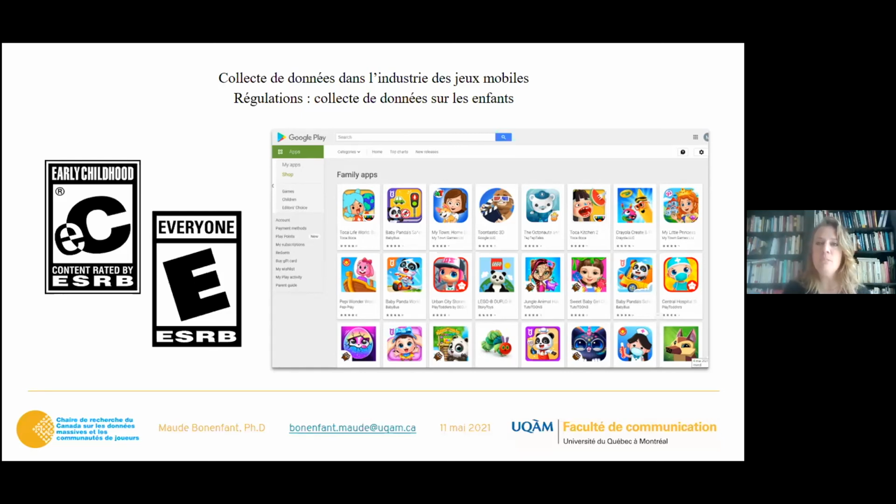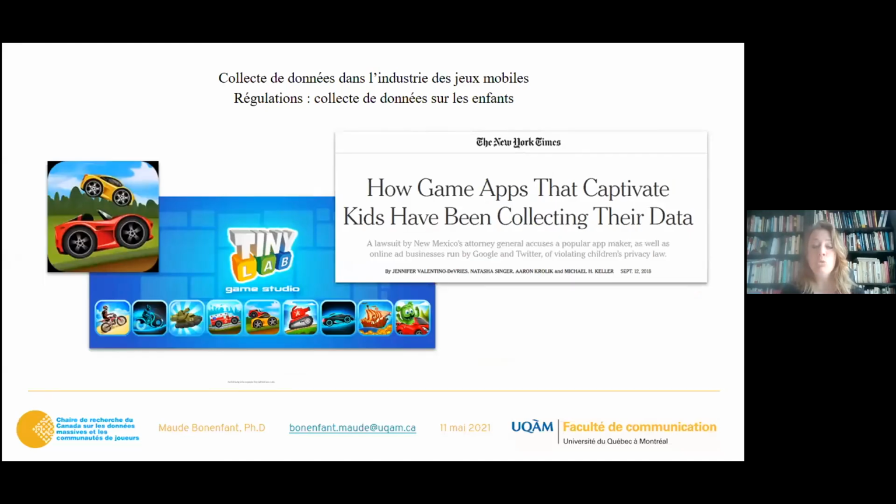They removed it because early childhood was more restrictive than the other regulations. Also, developers could avoid some regulations from Google by putting the game in the family category. And there are lots of strategies to avoid the little regulation that exists to protect children, until Tiny Lab